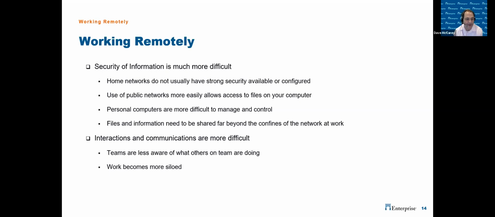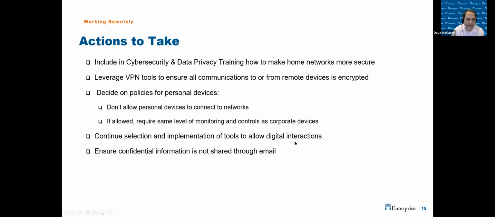How do you make sure that people's work doesn't become siloed, and that people know what's going on and can adapt to it, or even know that, hey, you're working on the same problem I am? Why don't we partner on this and do it together as opposed to doing it independently? Again, I'm sure you're all dealing with these problems. So some things to think about is